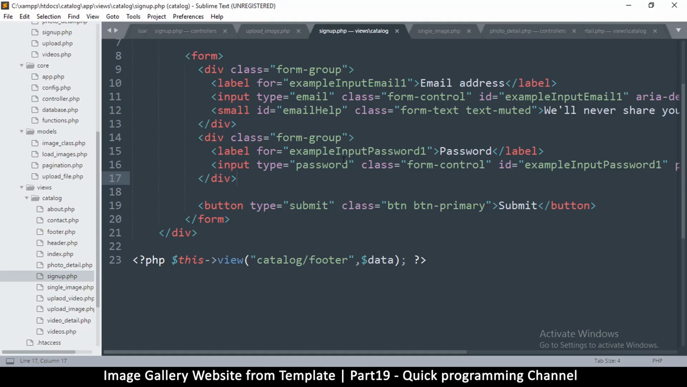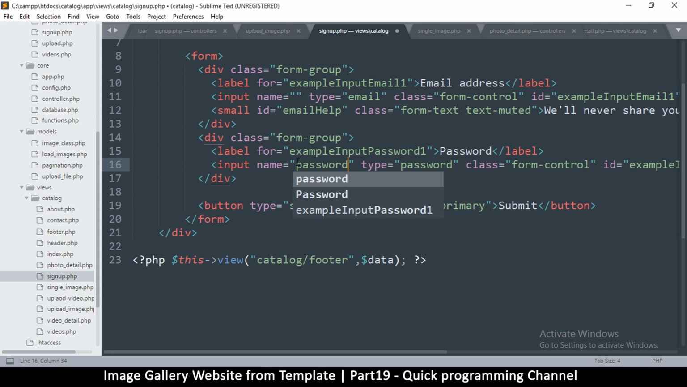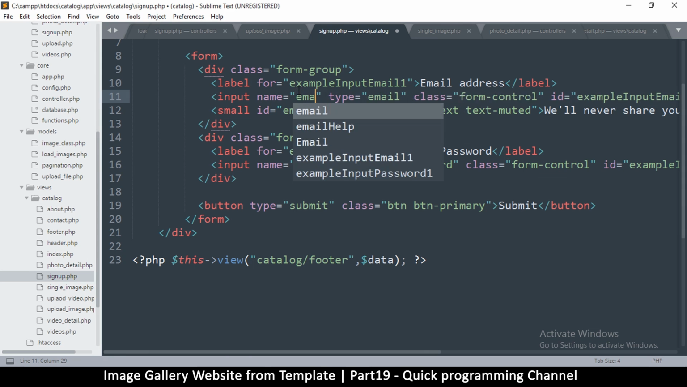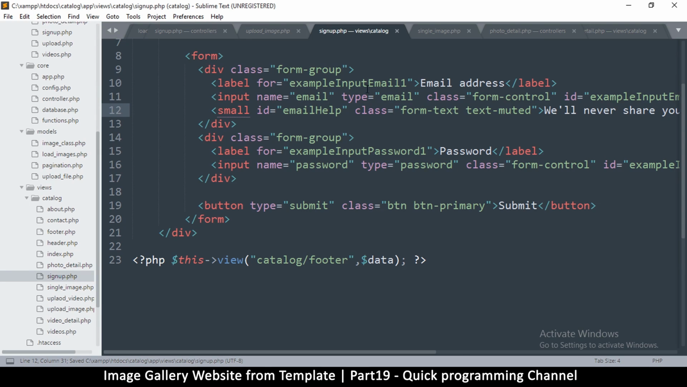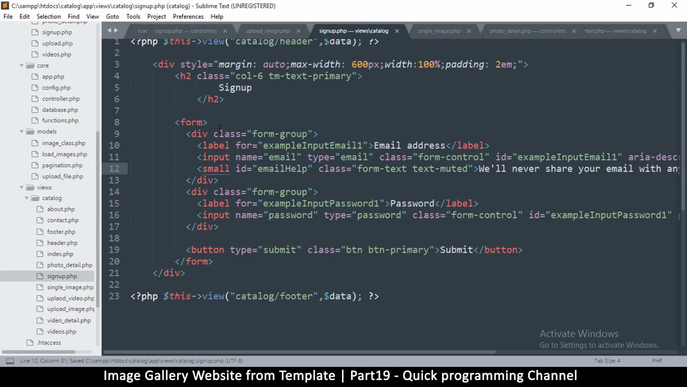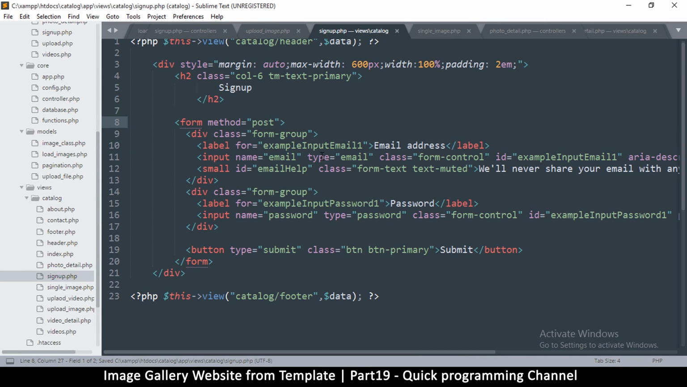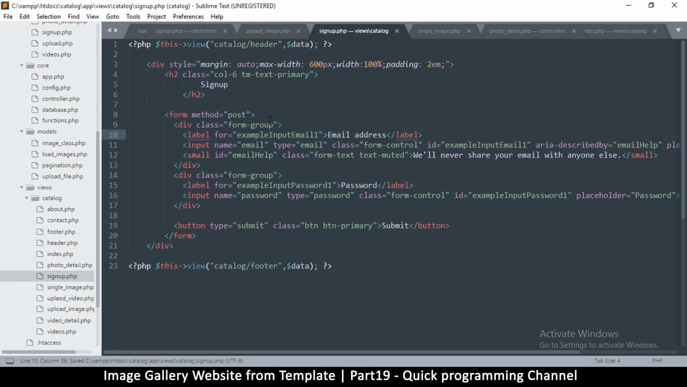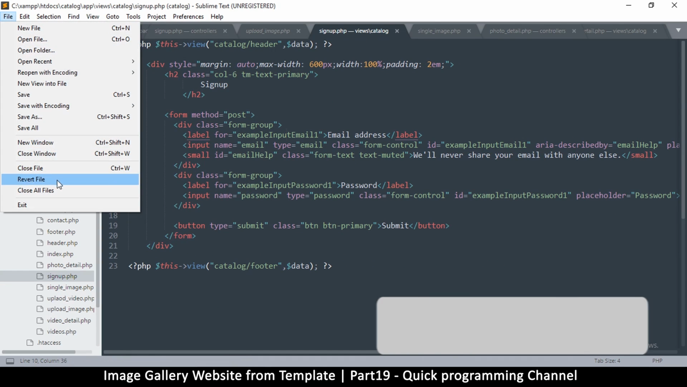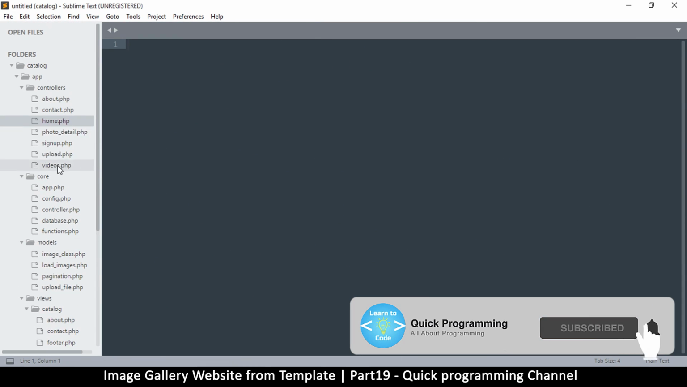So let's give them some names here, the inputs. So name, password, and this one email. So we're expecting two things in there. So form method should be post, and that's probably it. So let me close all these files here, close all, because now I can go to